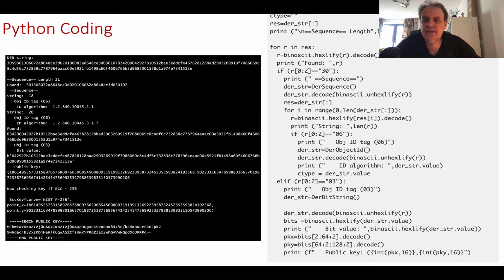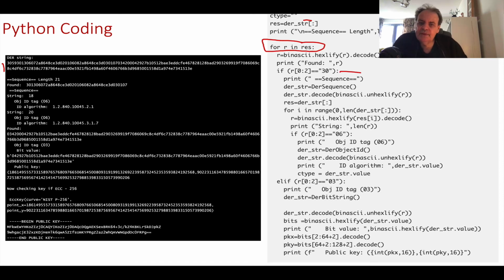Okay, so this is some Python coding here, using PyCryptodome integration. So you can see initially we'll read in the string in there, and then we identify the sequence objects inside there, and we'll go around the loop identifying them.